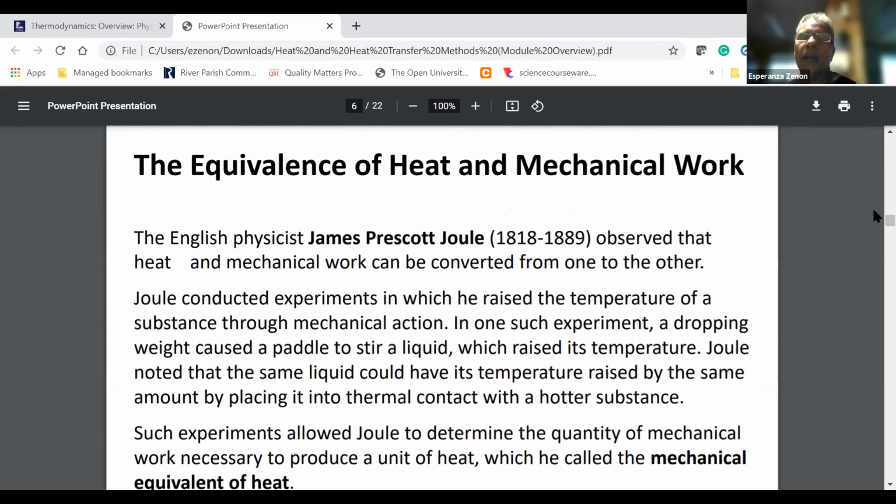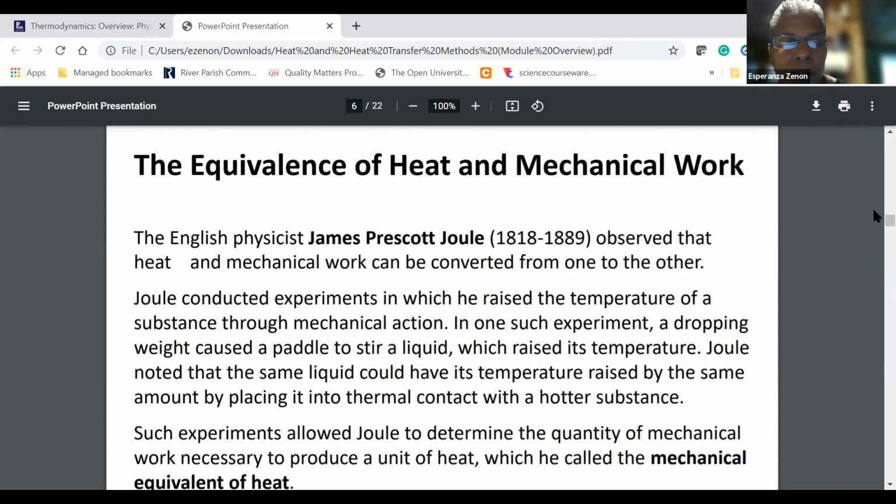And there is a relationship, as I mentioned, between heat and work. We just saw the definition of heat as it pertains to energy, but now let's explore the relationship between heat and work. And so they can be converted. They're exchangeable. You can convert mechanical work to heat, and then you can utilize heat to do mechanical work.